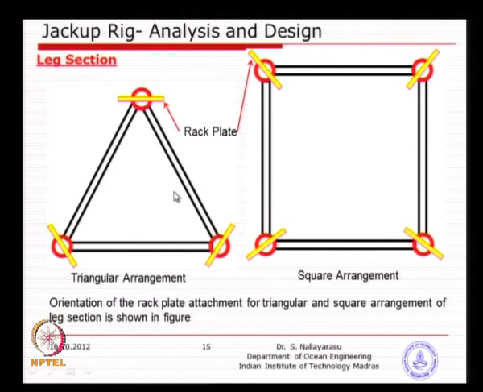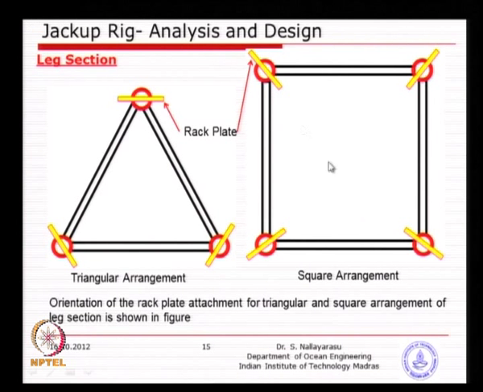Codes advise you need to assume at least 2 inches up down movement. So, at one of the locations the winch or the electric drives go 2 inches higher than the other 2, what could be the stresses developed on this joint as well as on the member. Though it is hypothetical, the assumption is if it happens still the legs are safe. So, that is the idea behind.